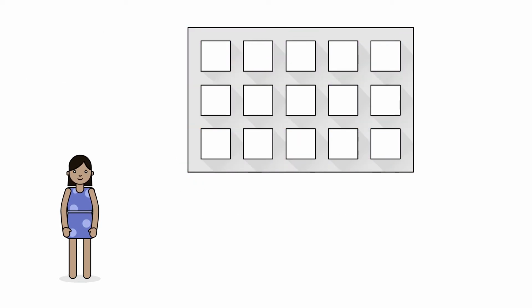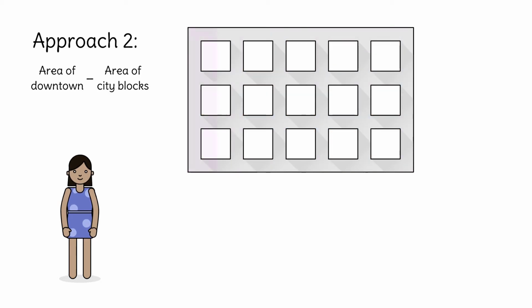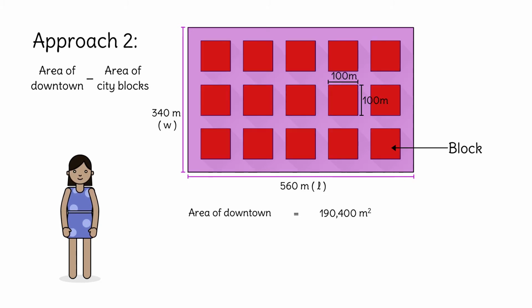Is there another way to find the answer? Sure, Janet could calculate the area of the entire downtown and just subtract the area of the city blocks. The area of the entire downtown is width times length, or 340 times 560. Which gives us 190,400 square meters. Janet knows the city blocks are 100 by 100 squares, so the area of each block is